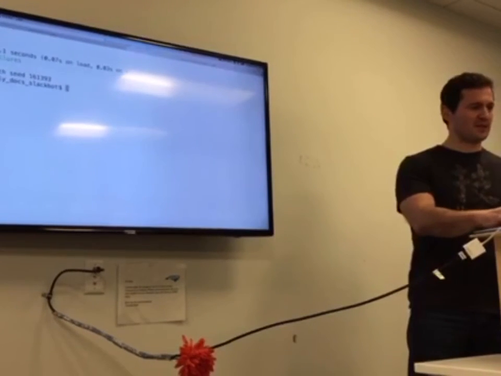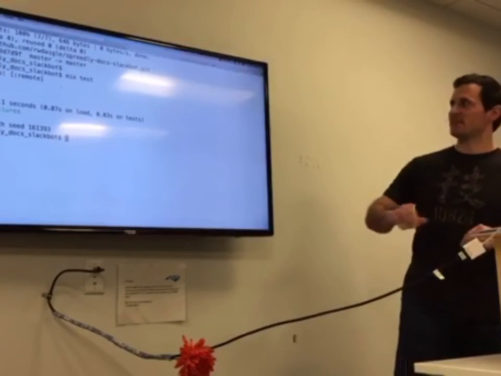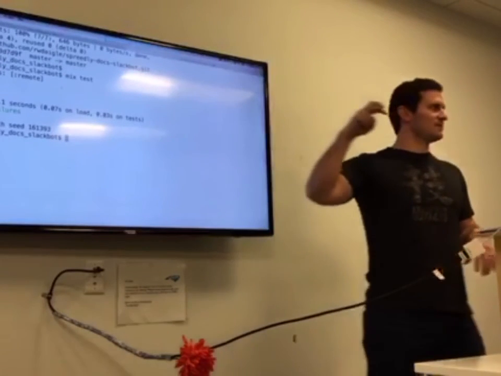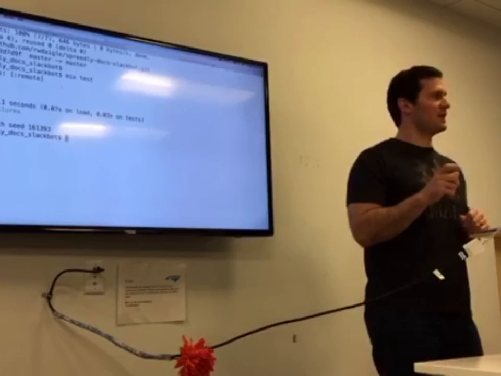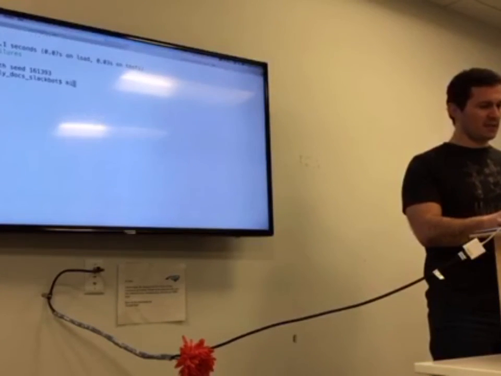You see, by default, it does not run. It says excluding tags remote. So by default, it will not run tagged tests. If you want to run the tagged tests,